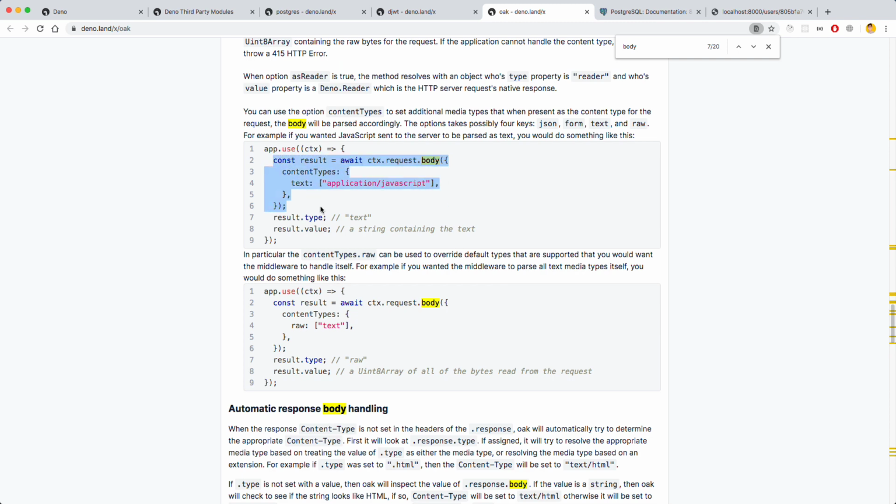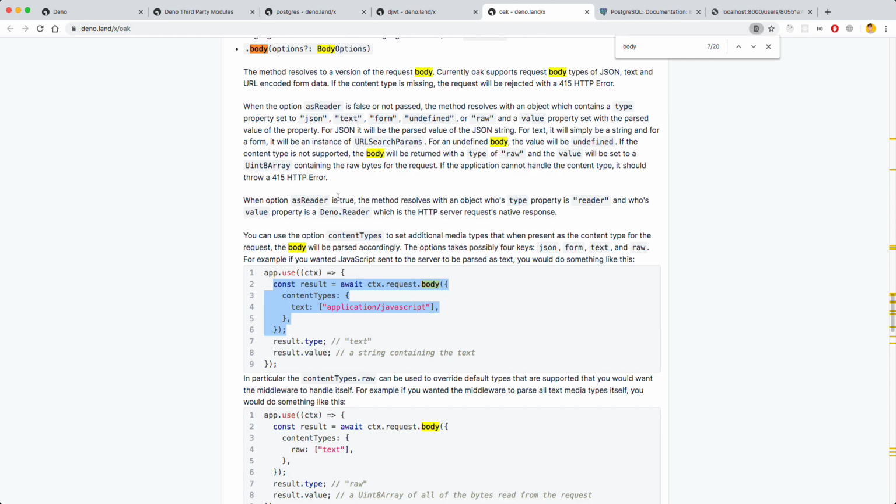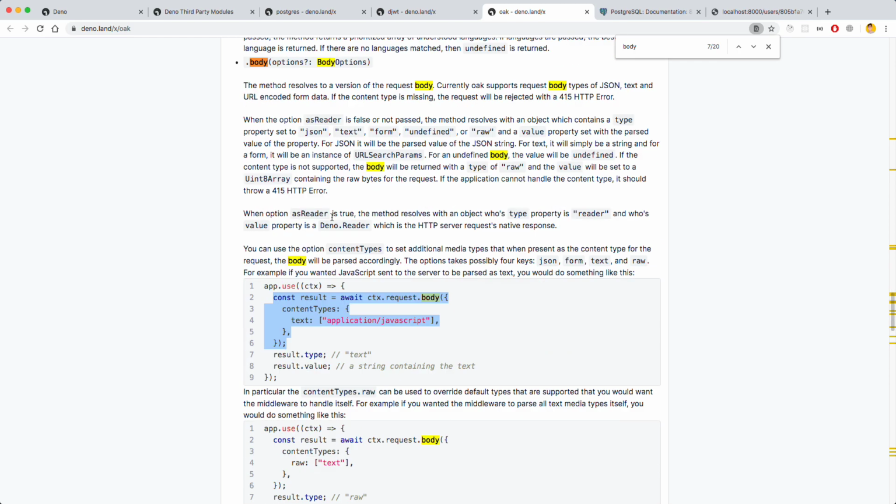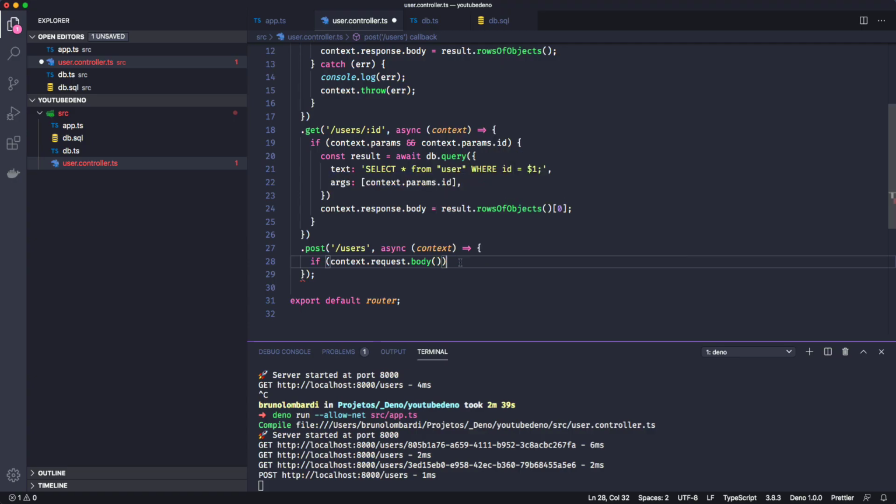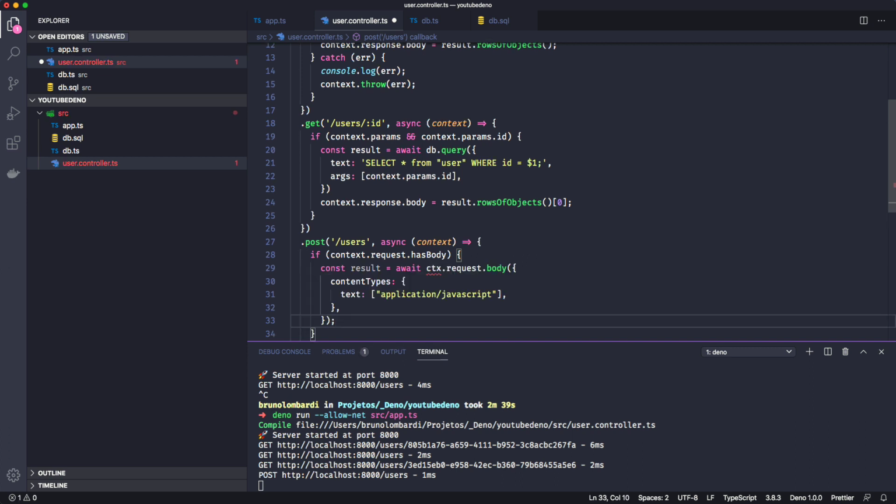Okay, let's make just as the example, and let's test what happens. So has body. If we have no body, we do not want to do anything. And try this,